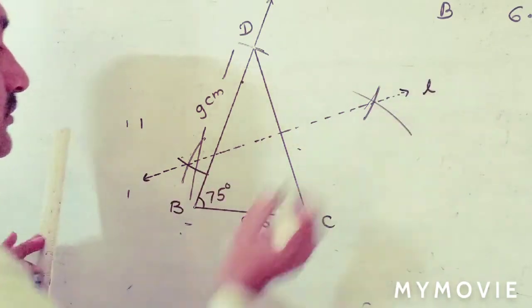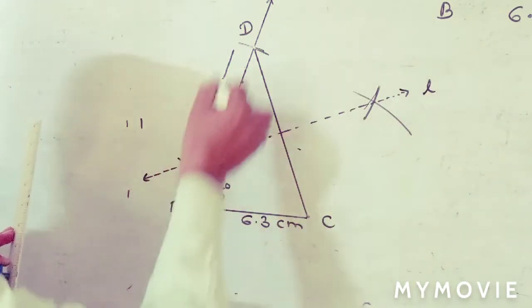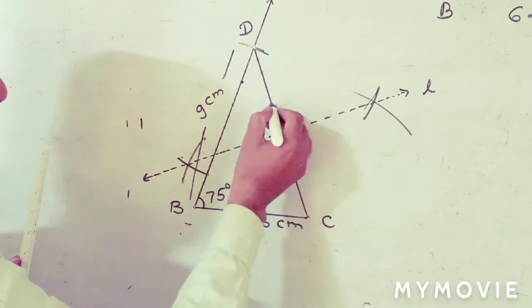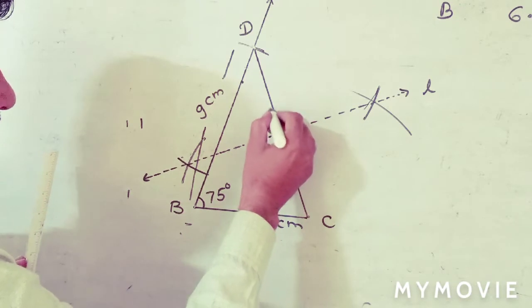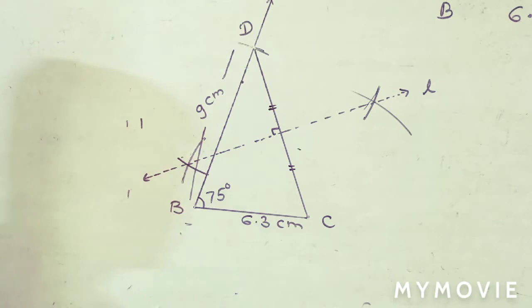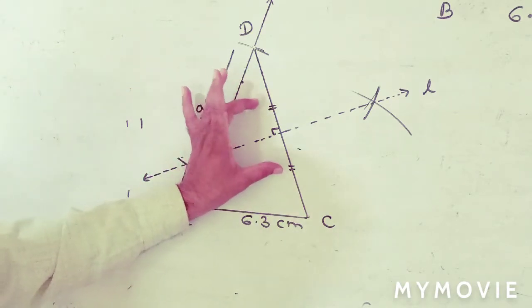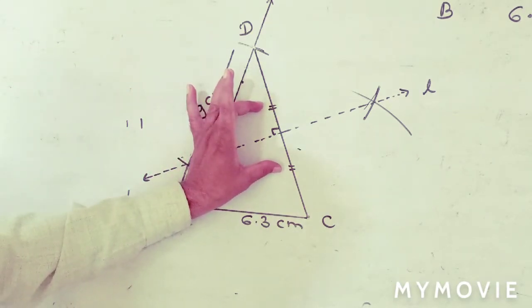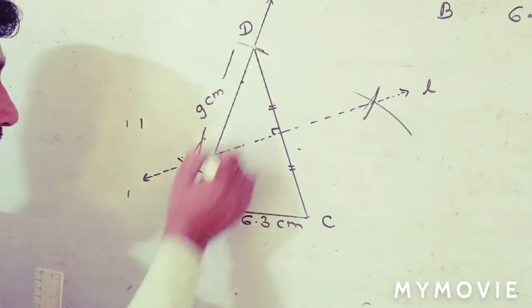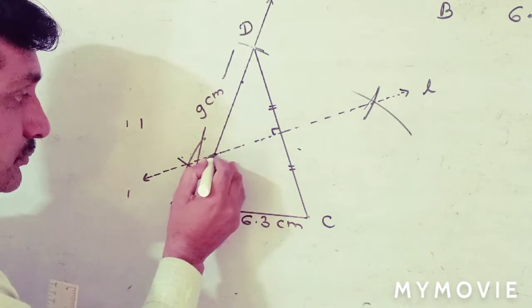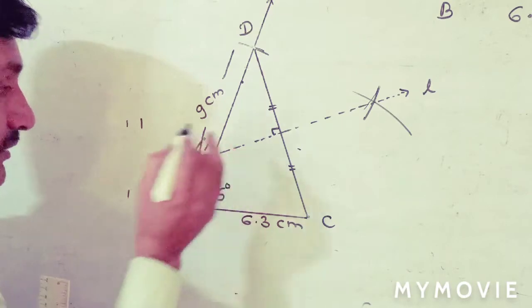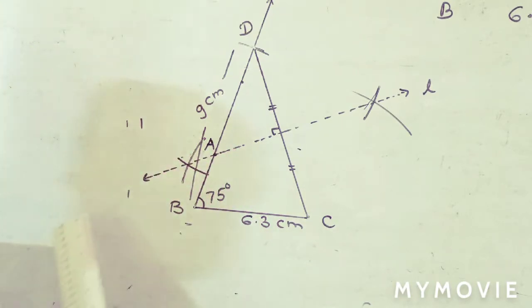Suppose this is line L. At the intersection of line L and DC, a perpendicular is formed, and this is the perpendicular and also the bisector. Here I give an identical mark, meaning bisector, and the perpendicular sign for 90 degree. These two signs are very important. And now the intersection of ray BD and line L, the bisector, is here. This is point A. Give here point A. And the last step, join AC.